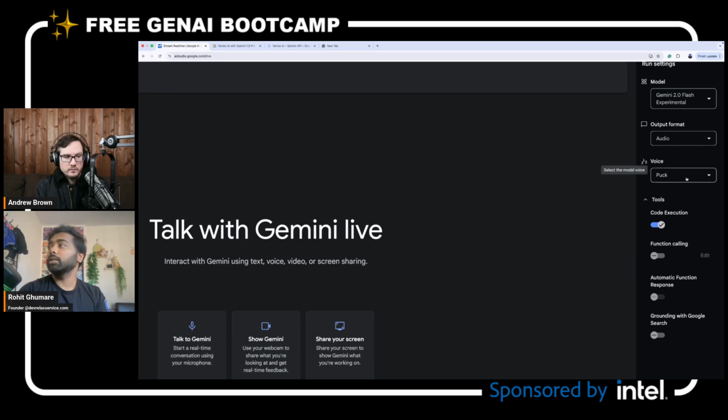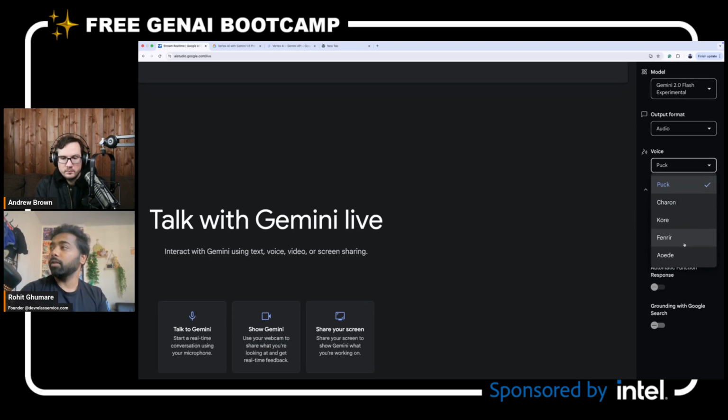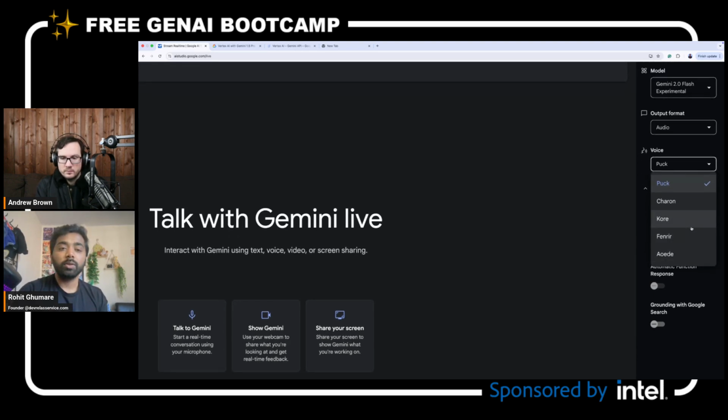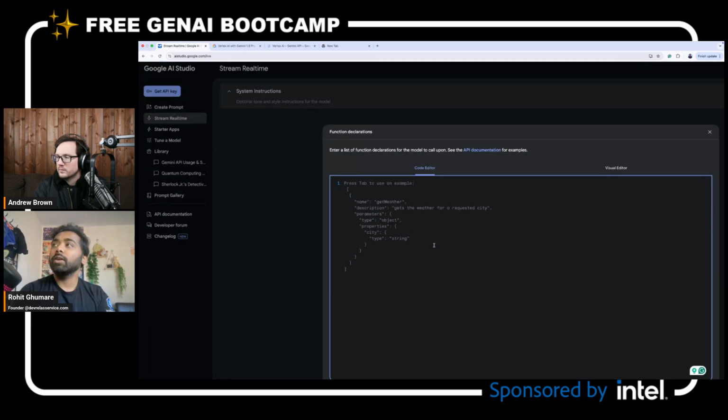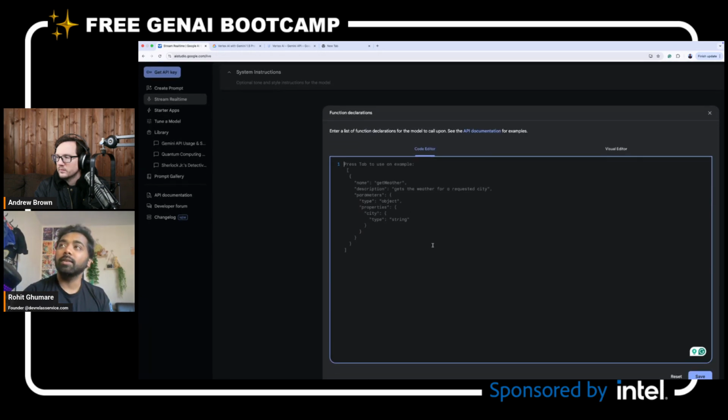But also, you can change the languages, whichever you want to hear. They have about five kinds of voices. You can try it. Then you also have function calling, right? Function calling is like a declaration of new functions for your model. You can declare whatever you want from the start, and it will act around it.